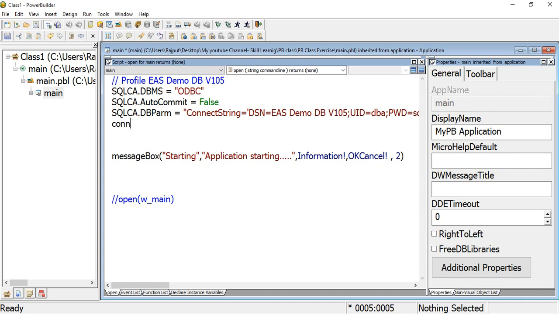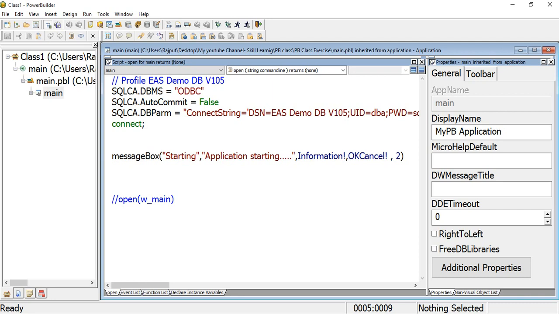After that we require this connect using SQLCA. Sorry, connect. So for the database connection, we write the connection script on the application open event.